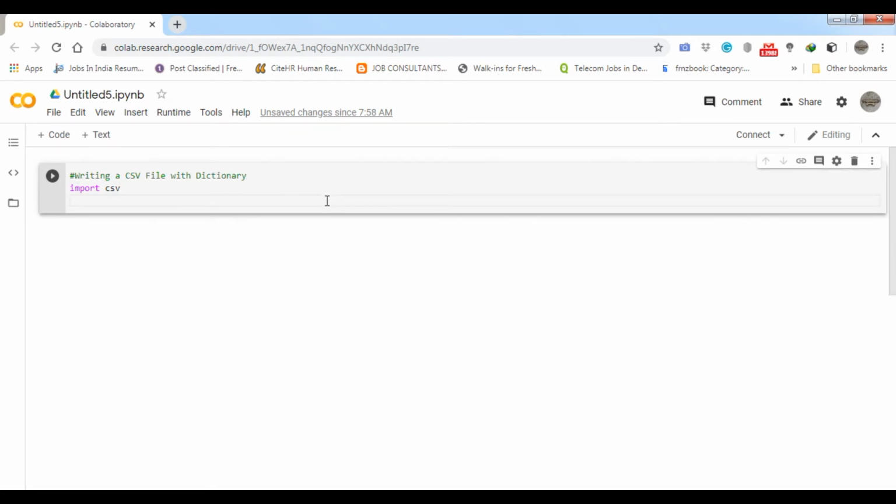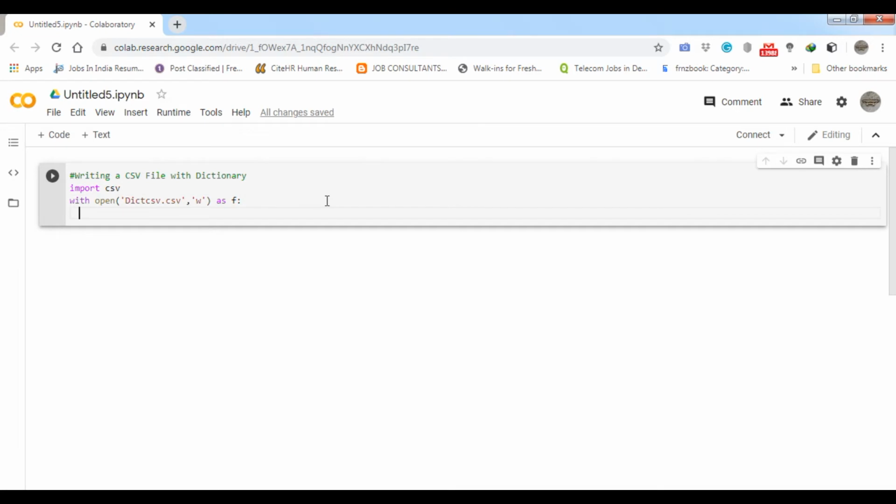Now I am going to create a file with the function, file name dict CSV file, that CSV with write mode, and then as f.